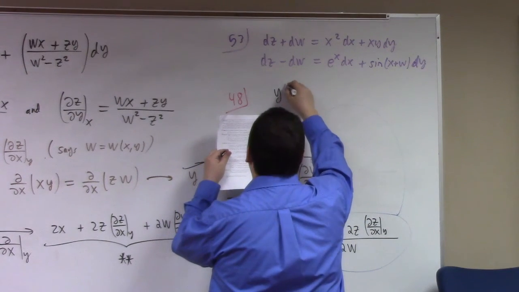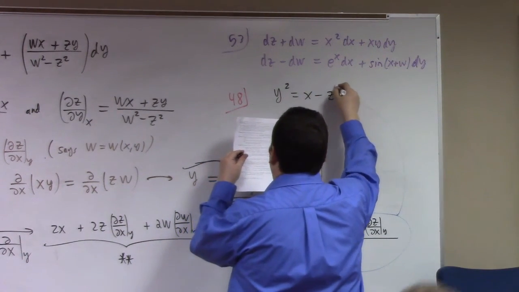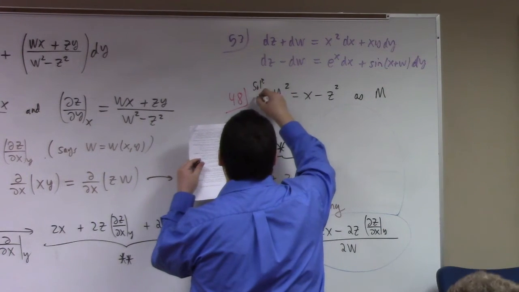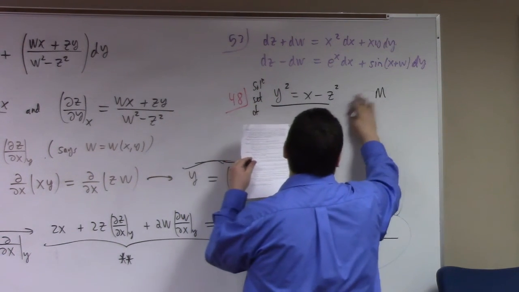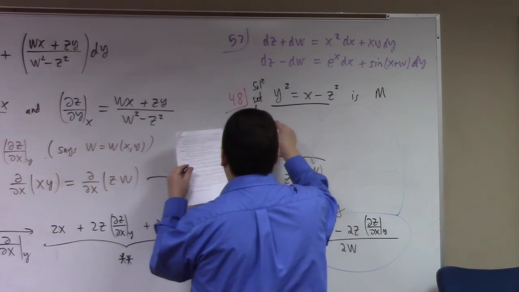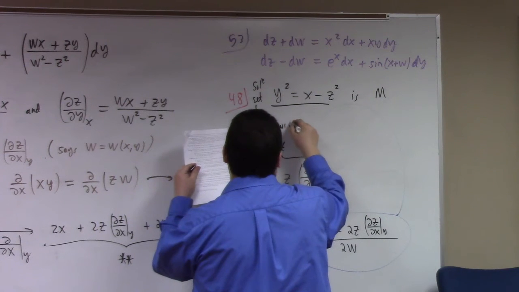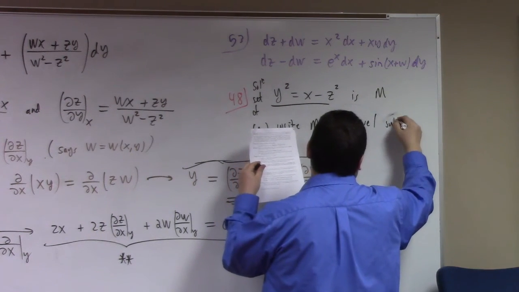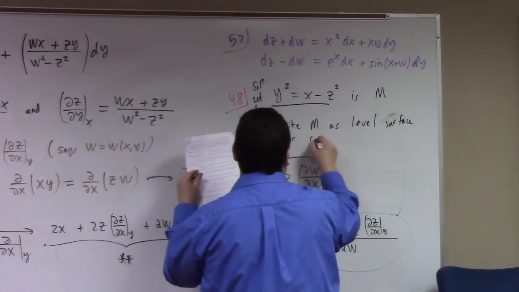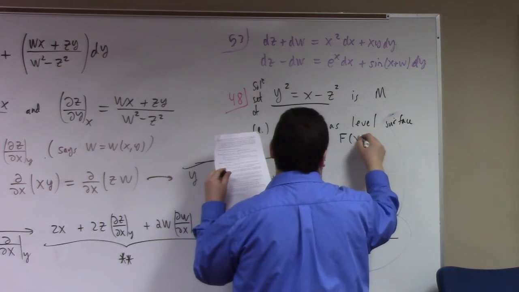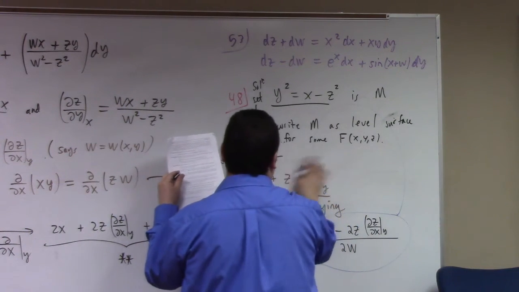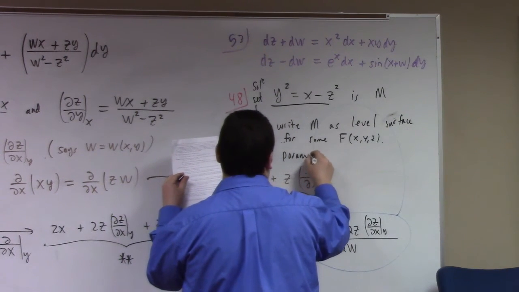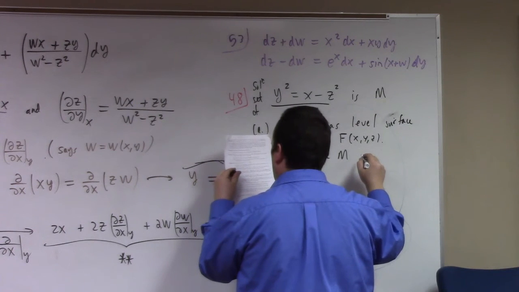So I give you y squared equals x minus z squared as M. The solution set of that is M. So part A: write M as a level surface for some f of x, y, z. And part B: parameterize M using,